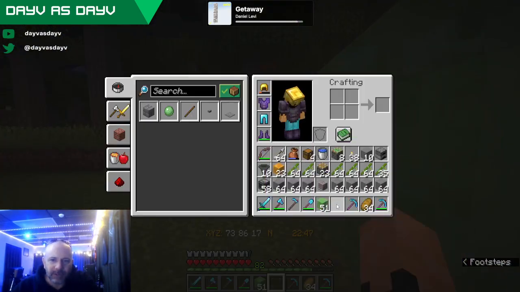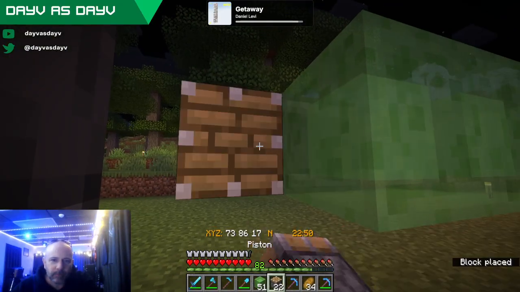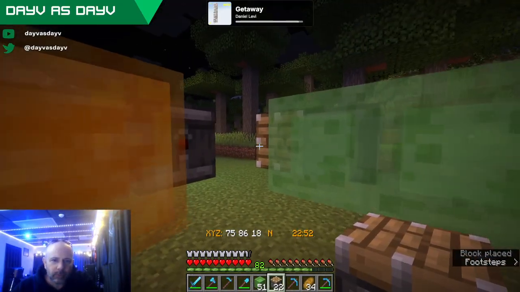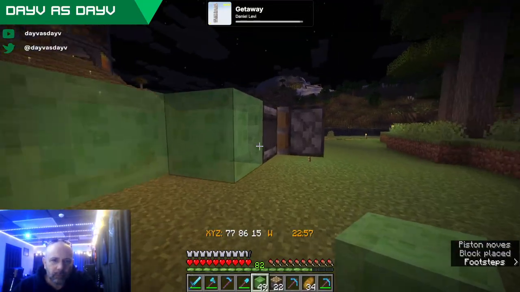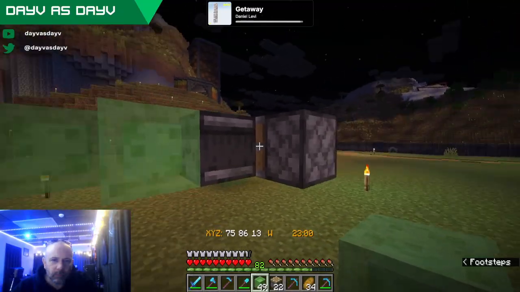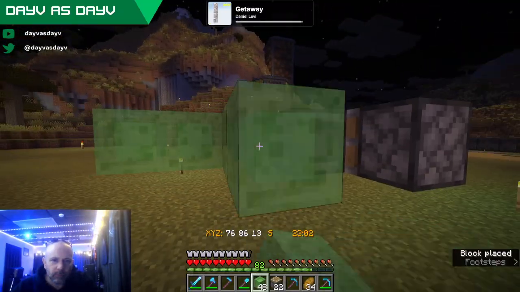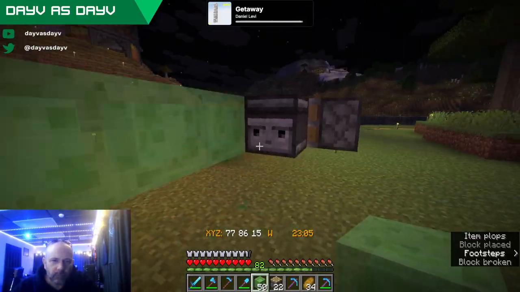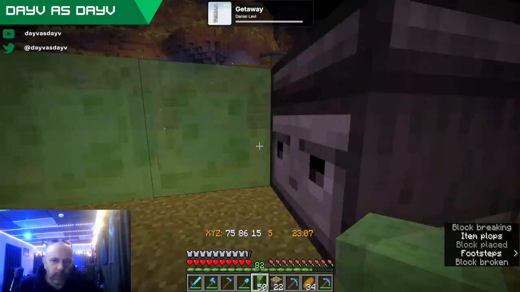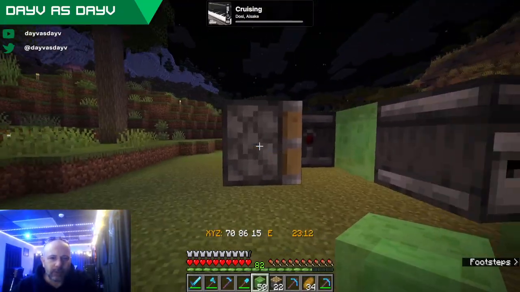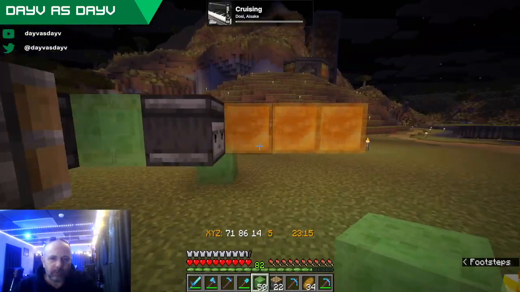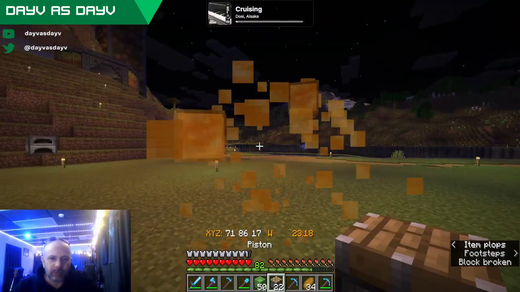I don't think it has to be sticky pistons when you're using this. Okay, well, we got it to move one block. But then this is going to be attached to this. That's probably what it is.